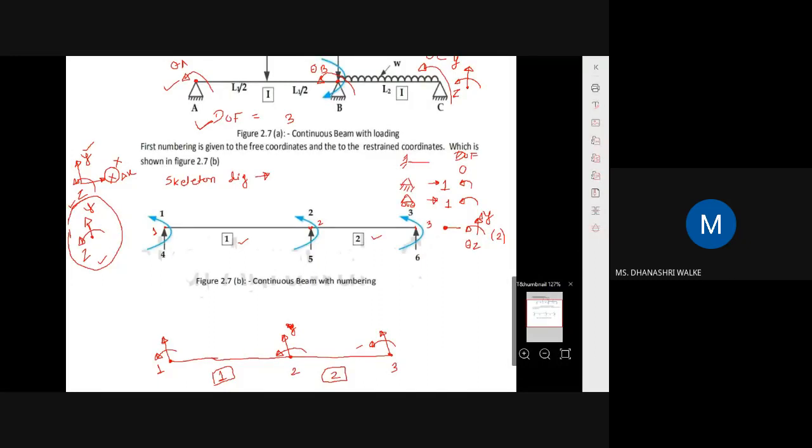At node 1, as there is a hinge support, the possible displacement is only along Z direction. So यहाँ पे 1 आएगा. This will be 1. Okay, then where does it come to? At node 1, rotation direction displacement is possible. So at the same node in the y direction, you cannot give 2. Okay, because this is a restraint.